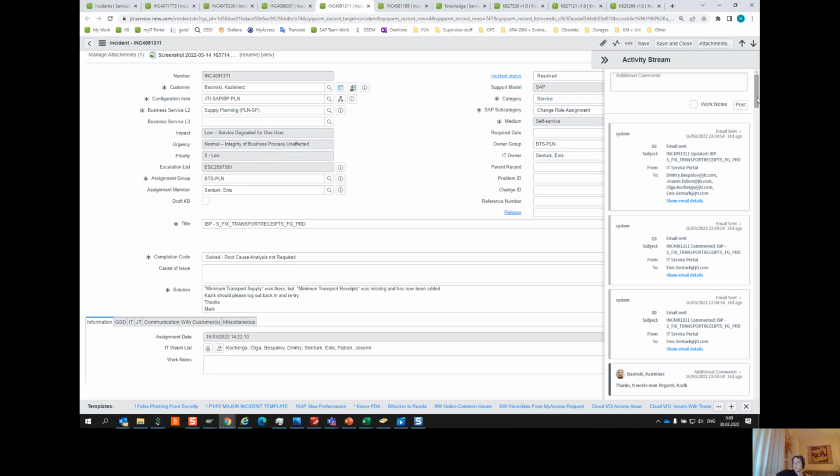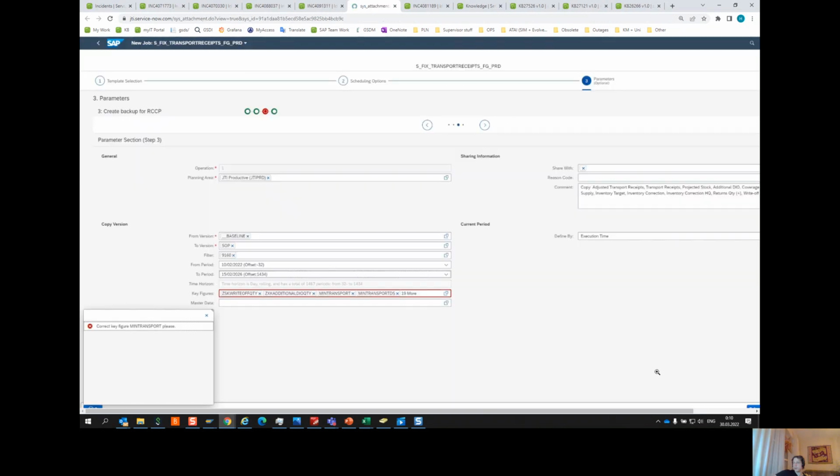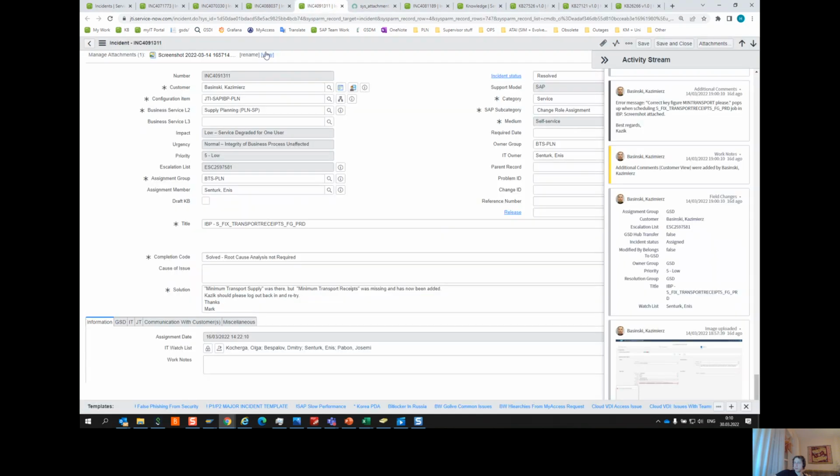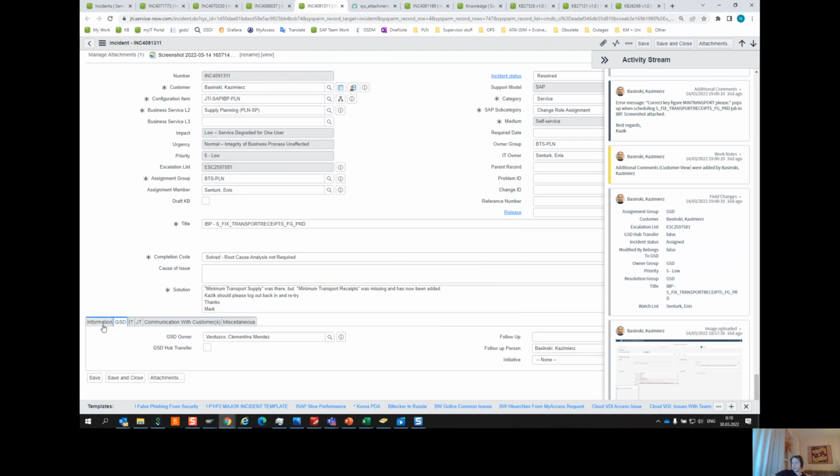Okay, and finally, the last incident I wanted to show you. So what do we have here? We have, wow, apparently some screenshot from the web user interface, so not from Excel add-in. That is already quite a rare case. It was opened by Kazimierz, who is a member of the global planning team headquarters. So there are no doubts that the customer is an extremely experienced user in this